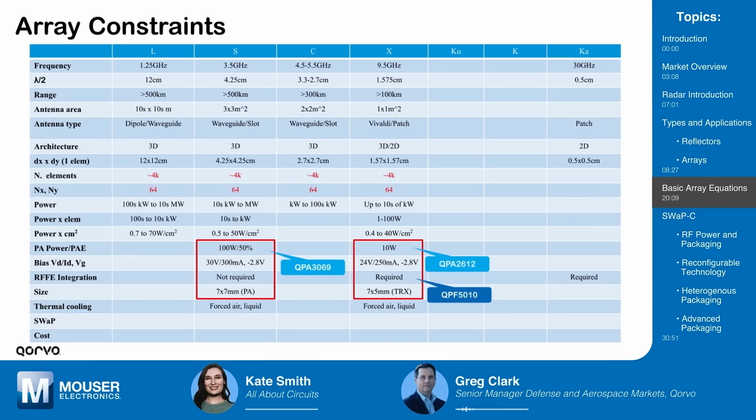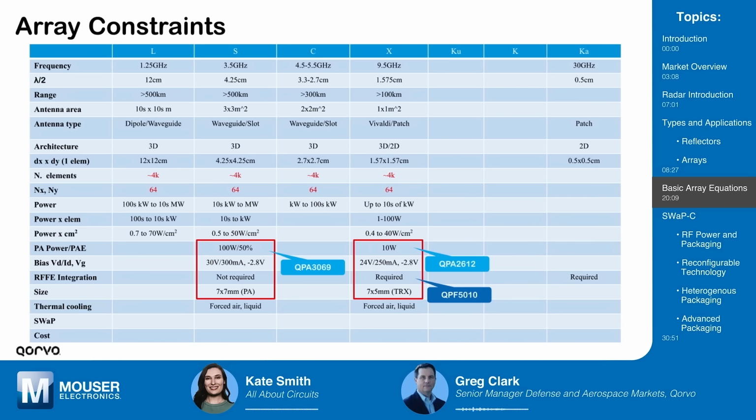That gives you the opportunity to use different types of components and different types of matching, as well as lots of space for thermals to get all your heat out, because these radars generate heat since they're not 100% efficient. That would be a cool thing if we had a 100% efficient radar. We'll wait for it, shall we? Yeah, I don't think it will ever happen in my lifetime,